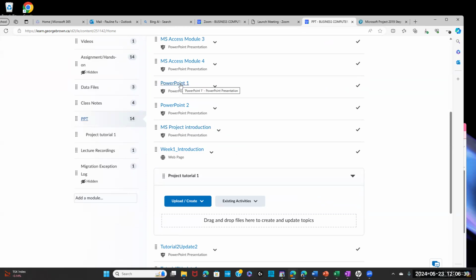And test 2 in week 7 is cumulative. Test 2 will cover PowerPoint 1, PowerPoint 2, MS Project introduction, plus textbook chapter 1 to chapter 10.